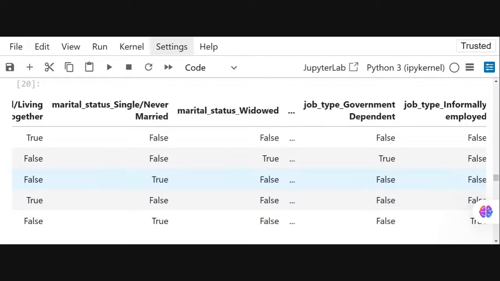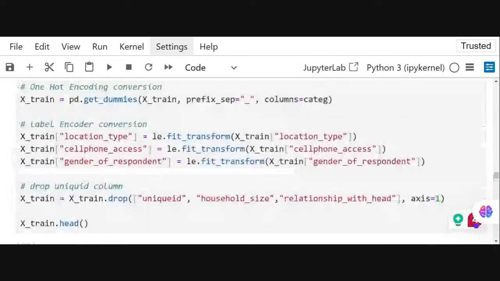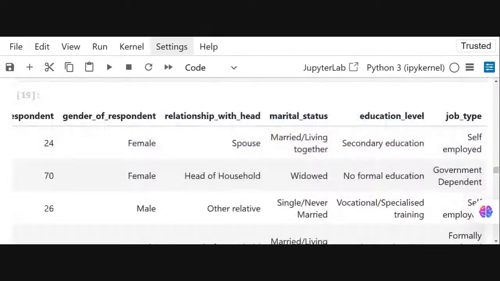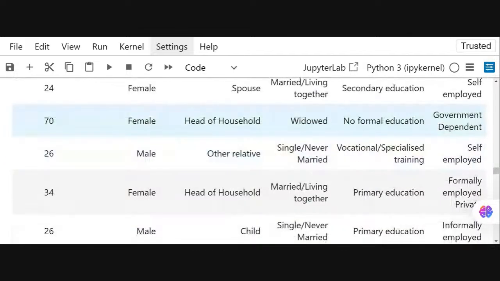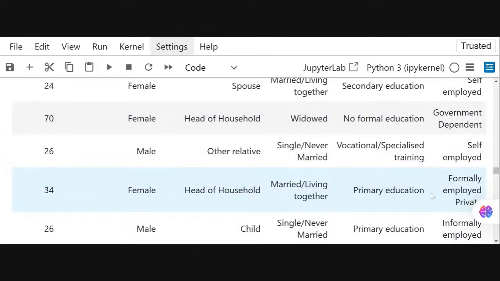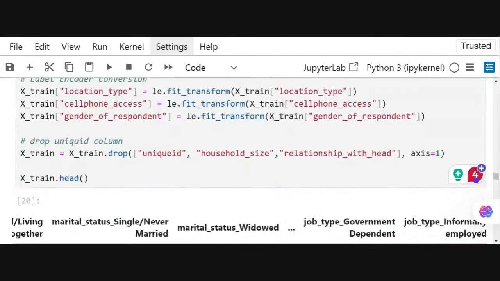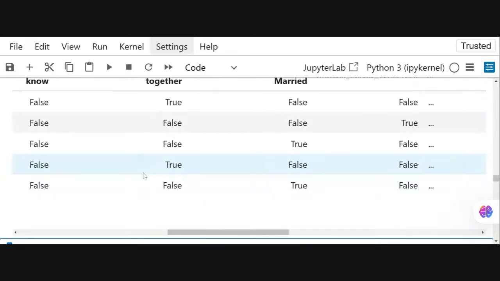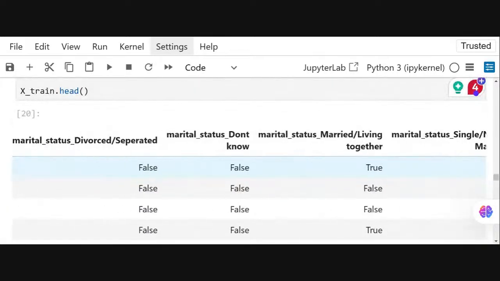Job type 2 had its own too. Now, the first job type, let's go back here. Look at the job type here. We had the case of self-employed, government dependent, formally employed, informally employed. So now, what one hot encoding does, it will divide that column. Sometimes when you look at the data set, you feel that some of these features might be needed. So what one hot encoding has done here, it has taken this marital status and created dummy variables for me